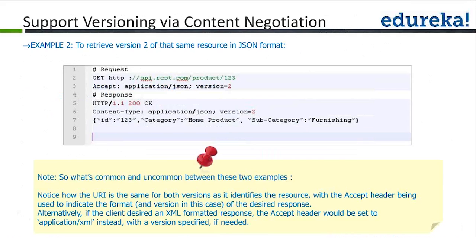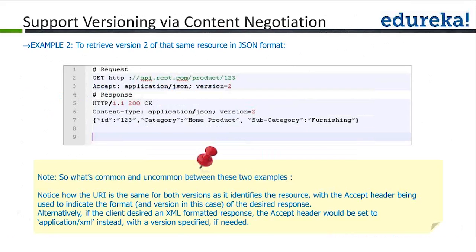In example 1 it was version 1, here it is version 2. So we see the response of version 2 in the JSON format. What is the difference that you see in the response? In the response for version 1 there were only 2 attributes, the ID and the name. But now in version 2 you can see 4 attributes: the ID, name, category and the subcategory. So this is why we need to have different versions, and these versions are negotiated based on the accept tag in the